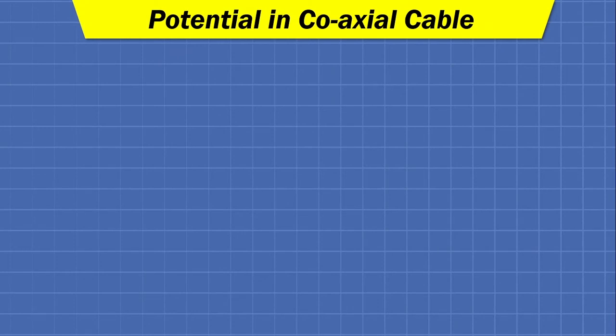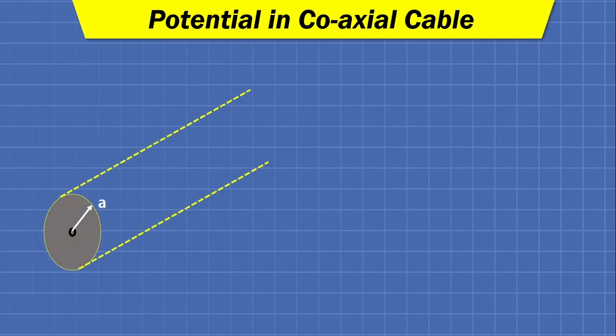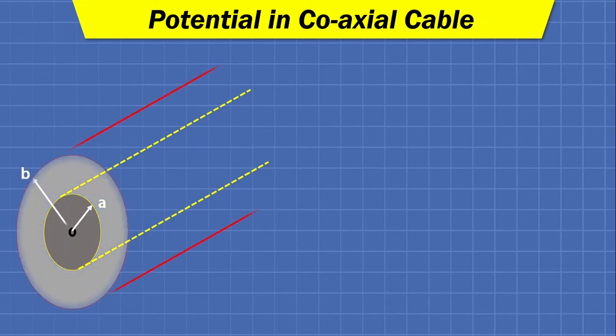Okay, so let us take one or two examples of surface charge and find the potential due to some different surface charge. So the first example of surface charge is the potential in a coaxial cable. Fine. So we all know the construction of a coaxial cable in which a central conductor will be there. So I have considered a central conductor with radius a and an outer conducting surface with radius b. Fine. So this is our coaxial cable. Now we have some surface charge density rho s coulomb per meter square on this inner conductor.